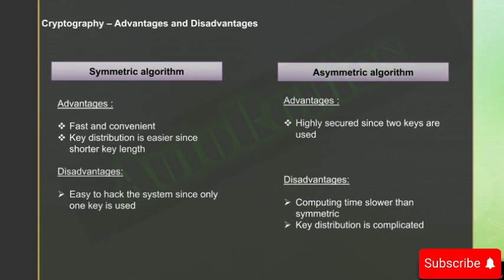So now you will think which algorithm to select for the application. It depends on your application and majorly on the hardware constraint and other security aspects. Like if you have hardware that supports only symmetric, then you can go only for symmetric algorithm. And the cost matters. If you choose hardware which supports asymmetric, the cost will be more. So it depends how you use the algorithm, whether by hardware or software solution. So we'll see how the algorithms can be implemented by the hardware and the software solution.